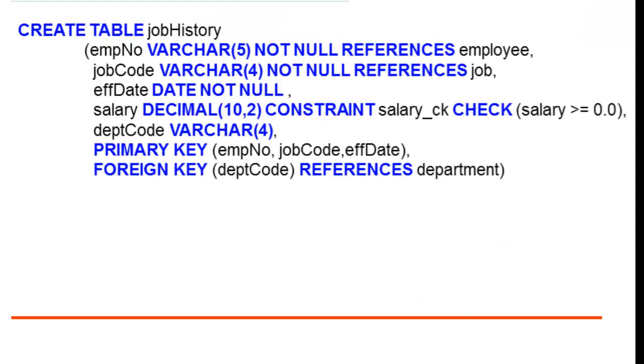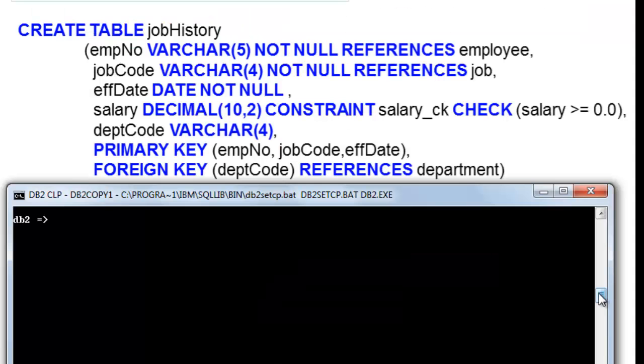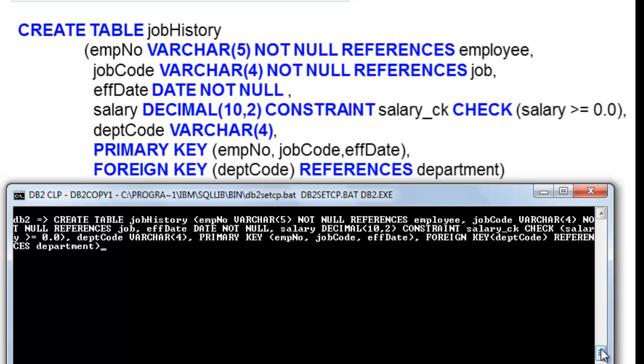Let us enter the statement. Let us list the structure of the table.